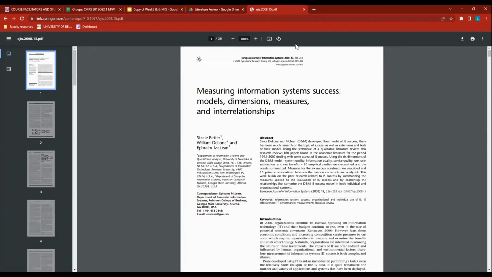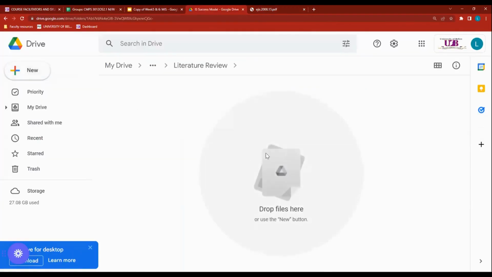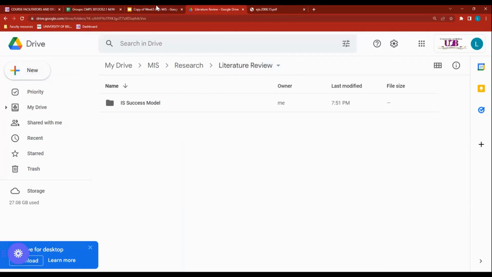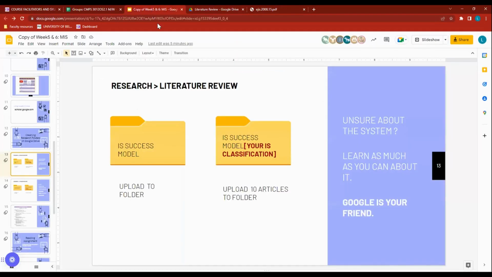Now notice when I click on the download link, it gives me the document. I can now download this document, save it to my computer, and then later upload it in this folder called Information Success Model. That's how you will be able to categorize the articles that you're saving in your folder.